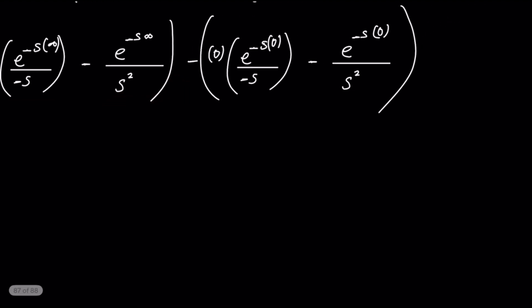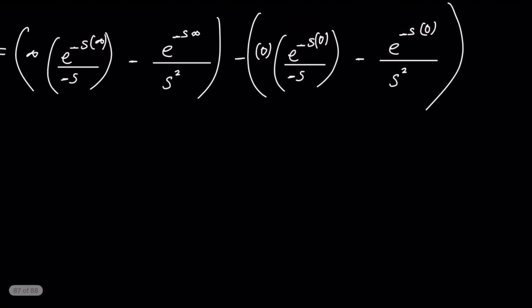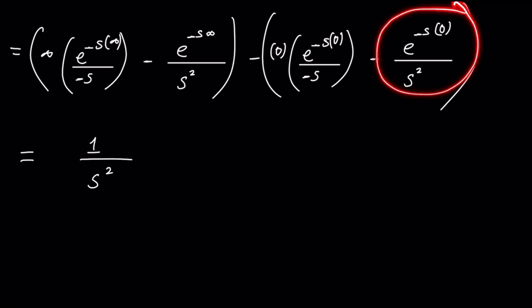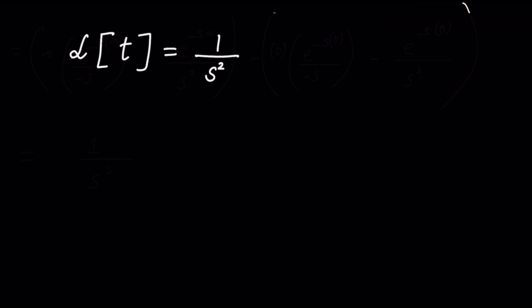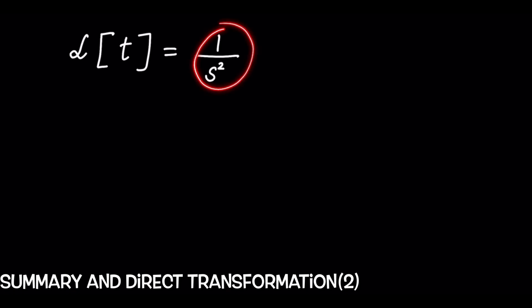Next, let's move on to the lower limit. We can see this is 0, and e power minus s times 0 is going to be giving us 1. So we are going to rewrite our final expression as this. We are only left with this, which is not 0. So that's what we are rewriting here. To summarize this, if you're taking the Laplace transformation of t, then it is going to be 1 divided